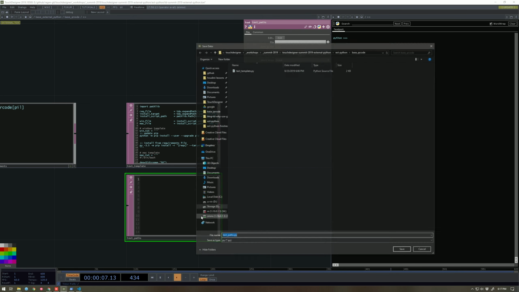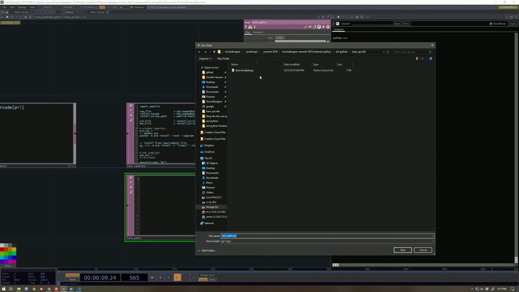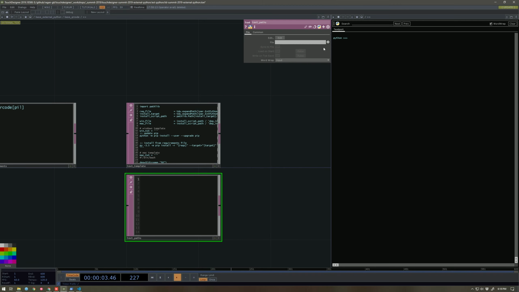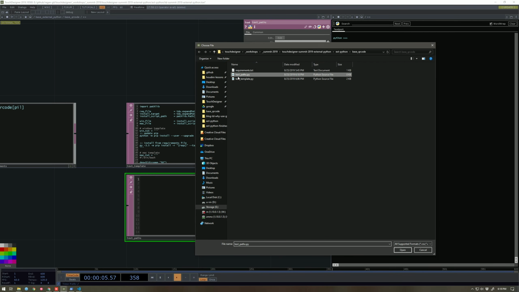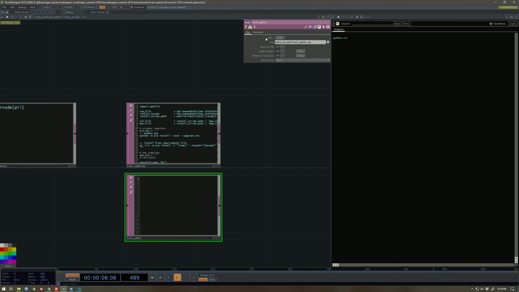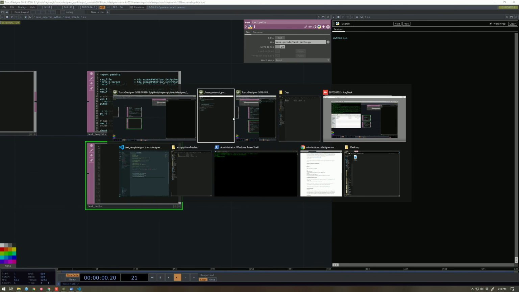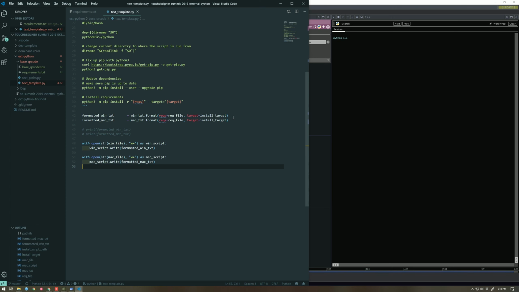I'm going to similarly save this right here next to where my text template is, and it's called paths.py. Great, save. I'm going to point to that paths.py. All right, I want that. I want to sync to file. I should hopefully now be able to see that here